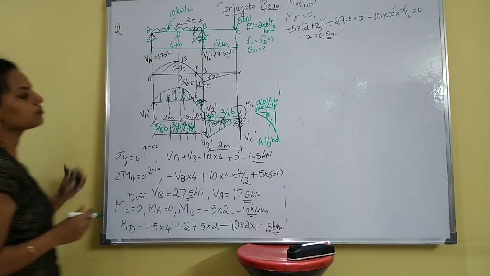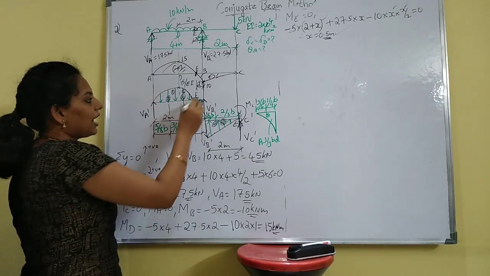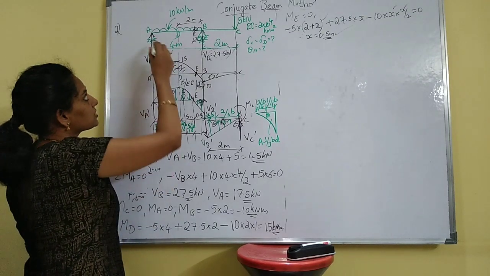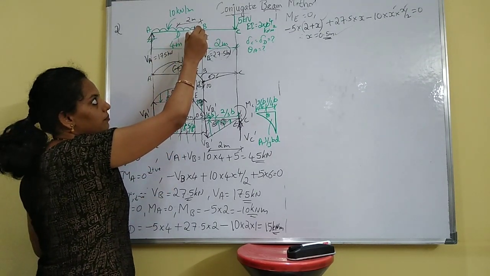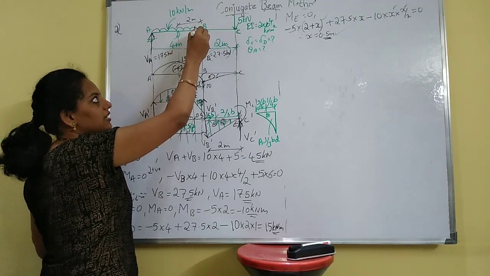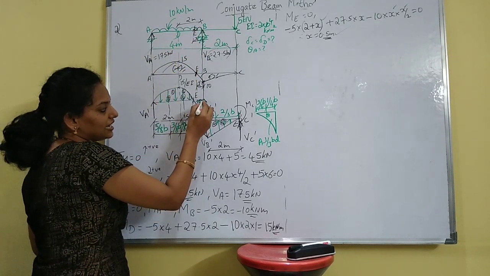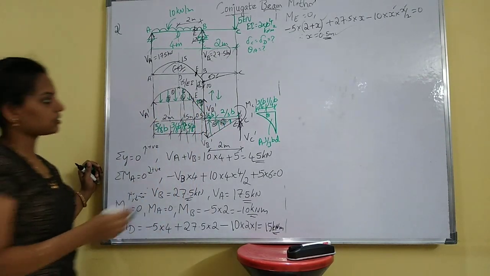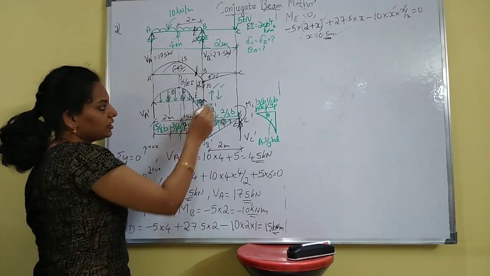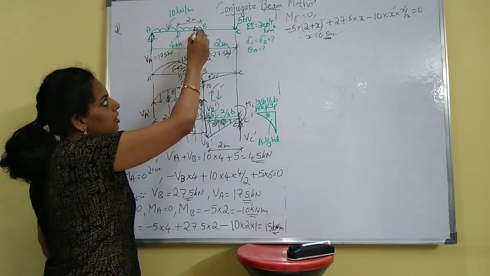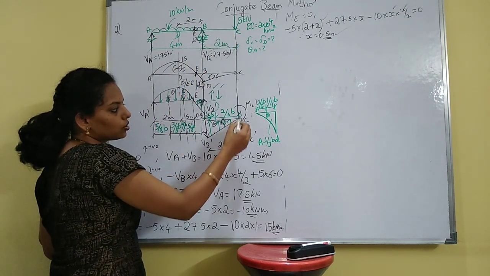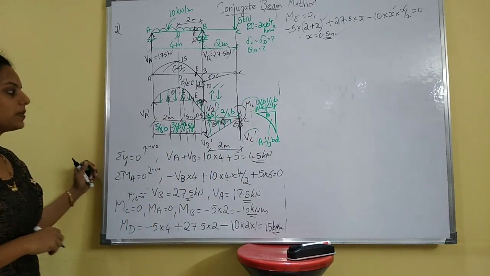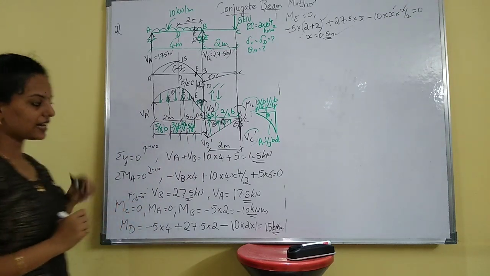For simplification I have done a different diagram, and this overhanging beam, see here, is converted into a conjugate beam. Conjugate beam is nothing but this internal beam, this will remain the same, and this internal support will act as an internal hinge. So you will have here upward and downward forces. Okay, so you have to consider both upward and downward reactions, that while solving we will see. And this free end will be converted to a fixed end, so you will have there VC dash and a fixed moment will be there. So this is your conjugate beam diagram.